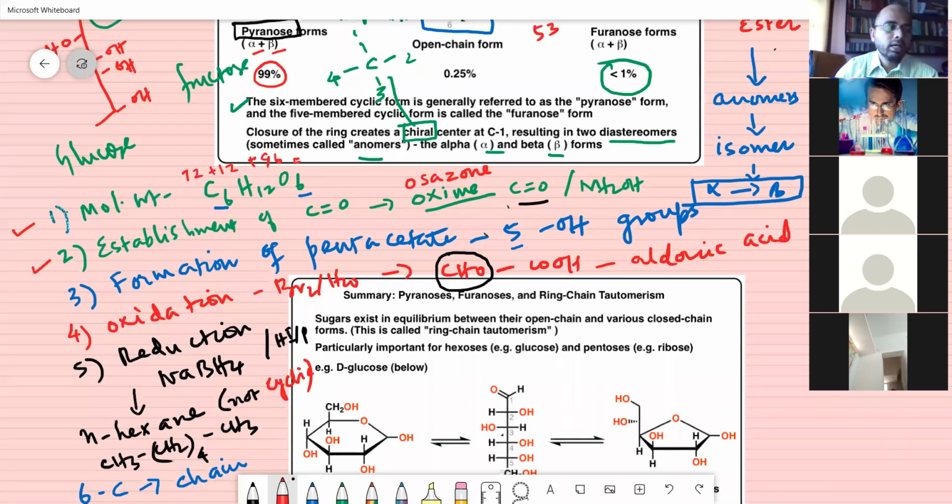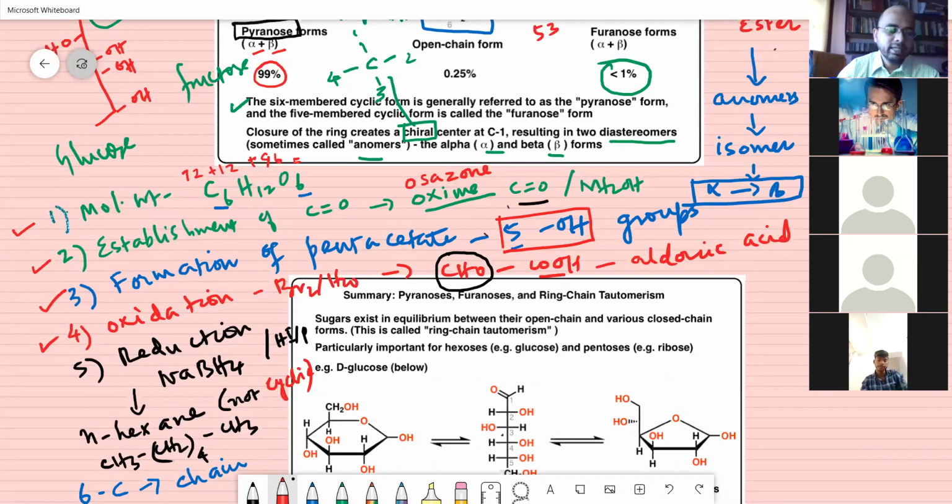Then we saw how the glucose formed pentacetate with acetic anhydride. Formation of pentahydroxide gave rise to 5 OH groups. And then the 4th one is the oxidation. We suggested the formation of aldonic acid and gluconic acid. We have seen how it is split. This suggests the formation of an asymmetric carbon also.